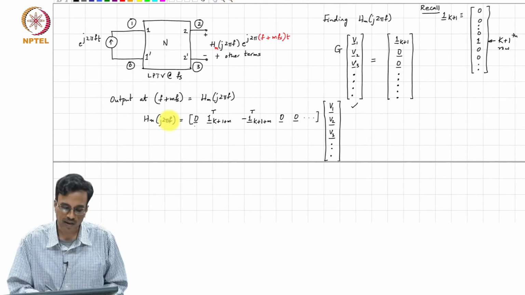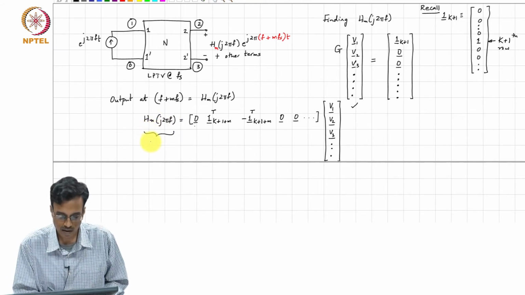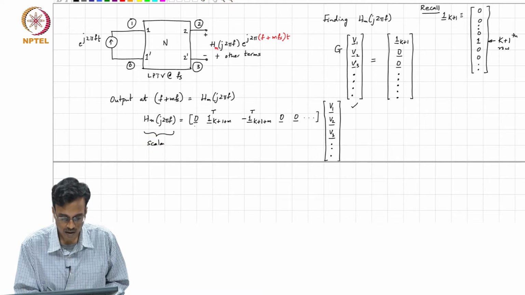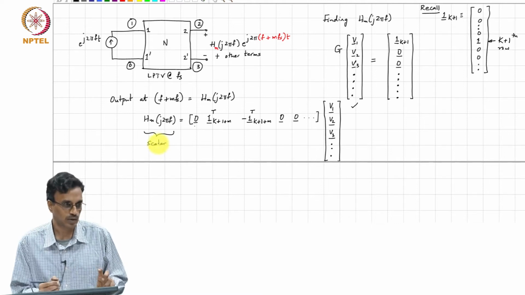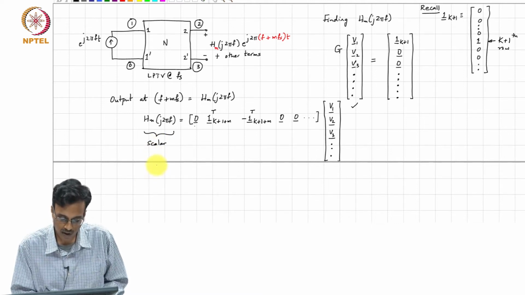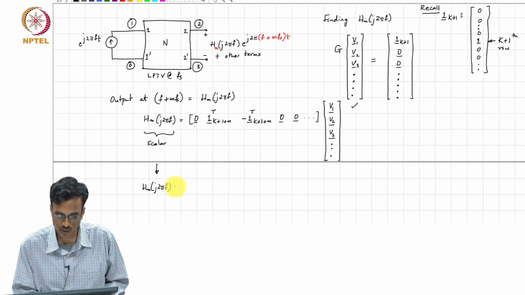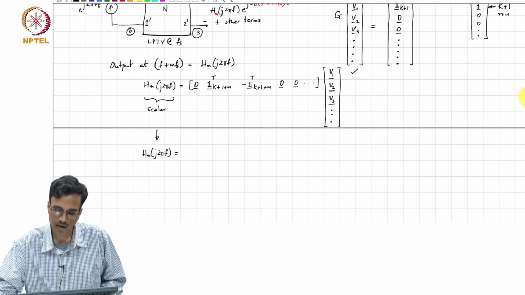And as usual, this is a scalar, and therefore does not change if transposed. So, I can also write this as h of j 2 pi f m. So, if I transpose both sides of this equation, what I will get is,